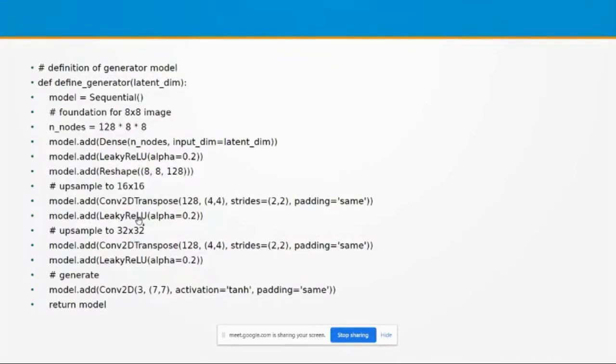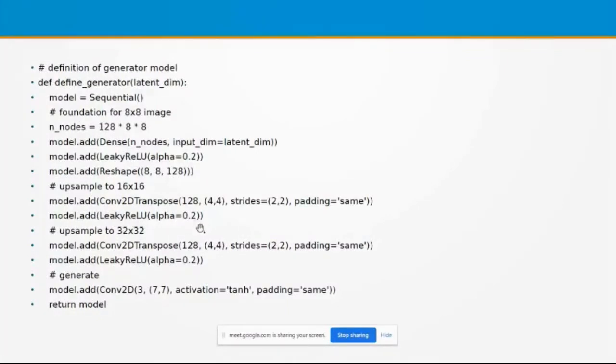After executing these two statements, our model comes up with 128 feature maps of size 32 by 32. 32 by 32 is the original feature size. So at this stage we get 128 feature maps, each of size 32 by 32.